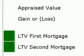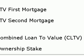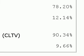You'll see over here to the left of these, there are green boxes. These boxes mean that the mortgage is below 80% LTV, which is usually the bank standard for any one mortgage. Okay? If it's higher than 80%, the boxes will be red. The next thing it calculates for you is the combined loan to value. In this example, it's